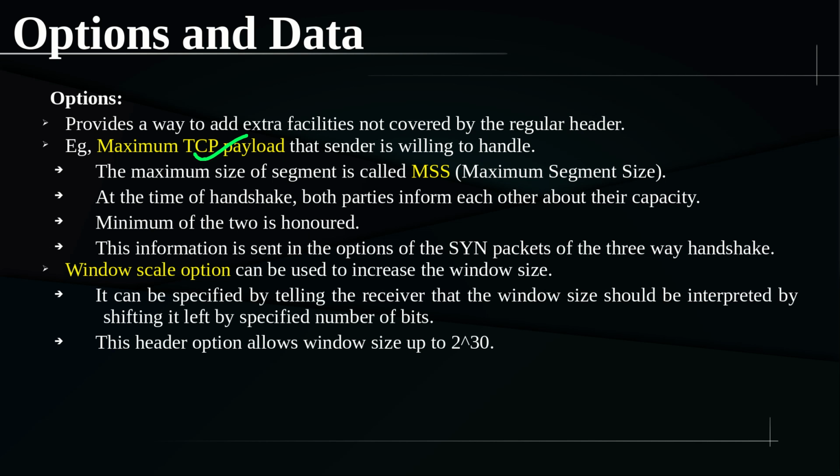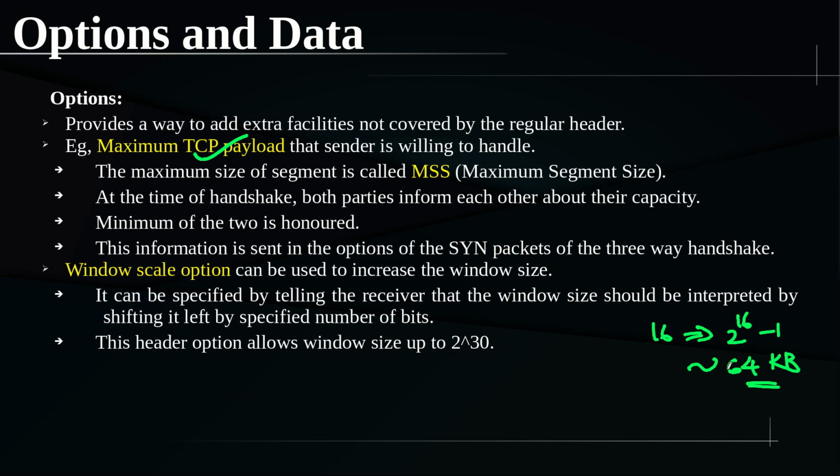And the window scale option, something I already told you. The window size field is a 16-bit field, and using 16 bits, the maximum window size you can have is 2 power 16 minus 1, right? That is approximately 64 kilobytes. 2 power 6 is 64, 2 power 10 is kilo, right? And it's a very small buffer size, right? You can go for some bigger value. There is nothing wrong in giving more buffer, maybe megabytes or gigabytes of size. But we don't have a field large enough for that.